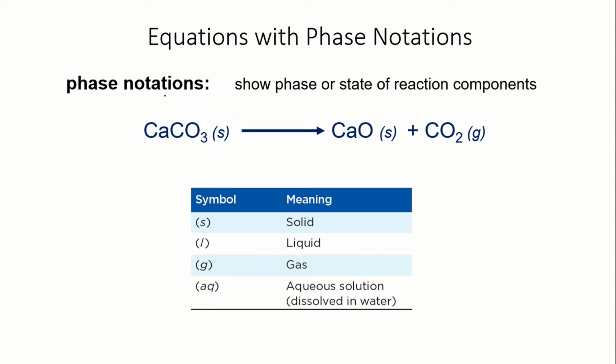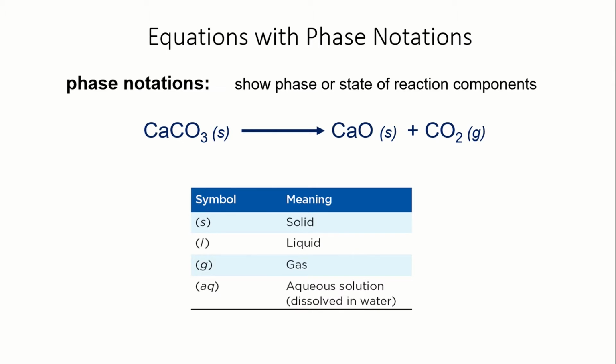is important to pay attention to the phase notation, which shows the physical state or the phase of matter. You already know the three different states of matter: solid, liquid and gas. We usually show these symbols, this phase notation, as a subscript in a bracket. And then AQ means aqueous solution. If a substance is dissolved in water, we use this notation. So if you find this AQ notation with any of the substances in the equation, that means your substance is